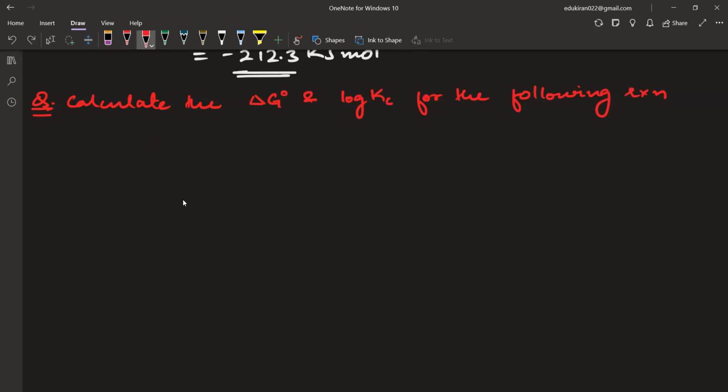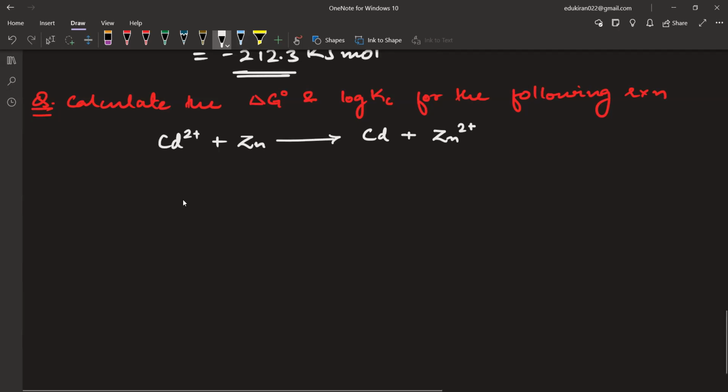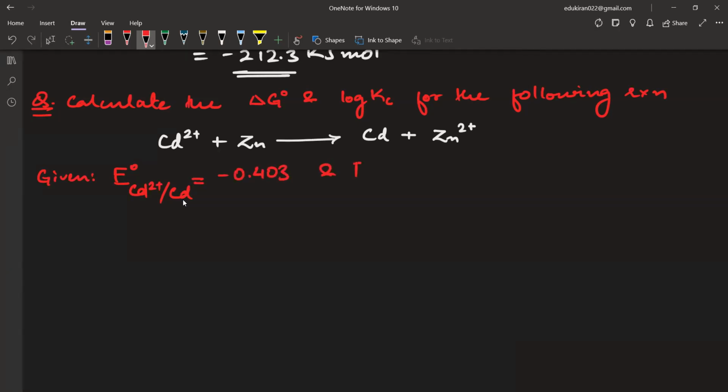Write this question along with me. Okay. We have the reaction cadmium 2 plus, zinc is giving me cadmium plus zinc 2 positive. Okay, cadmium plus zinc 2 positive has been given. What is given? Given is E naught of cadmium 2 plus to cadmium, it is equal to minus 0.403, and E naught of